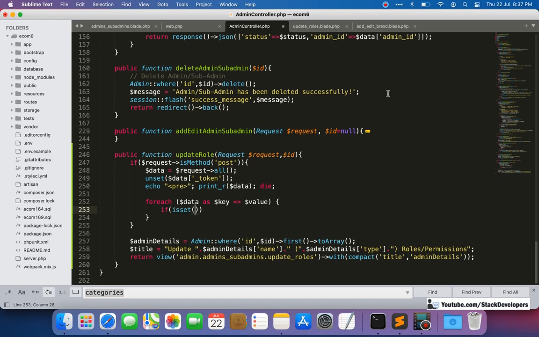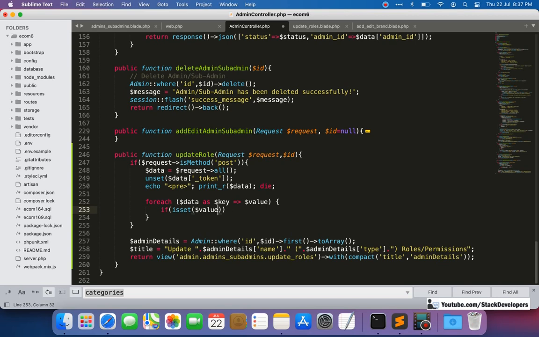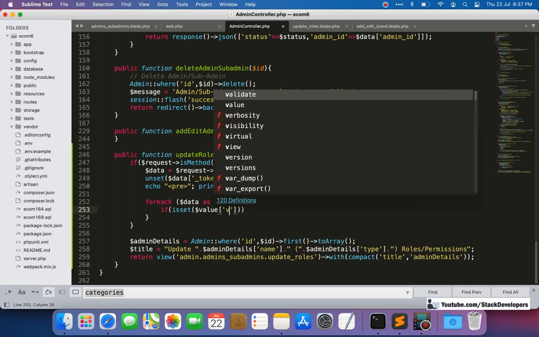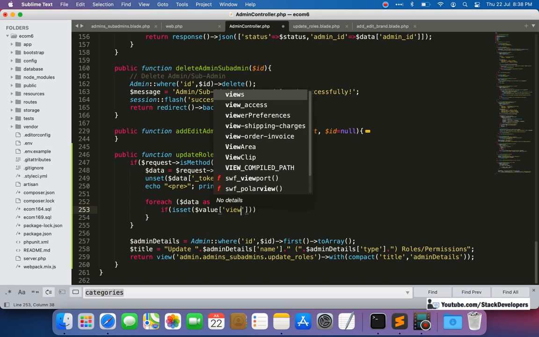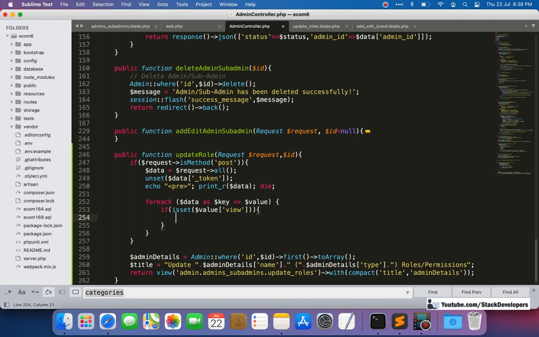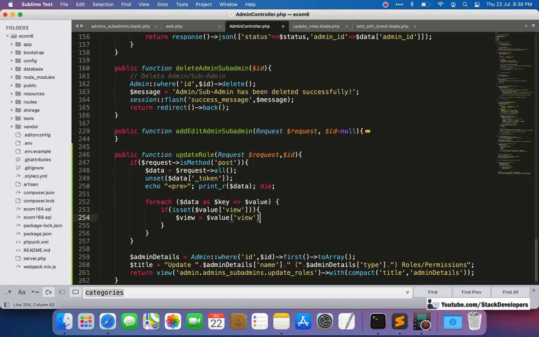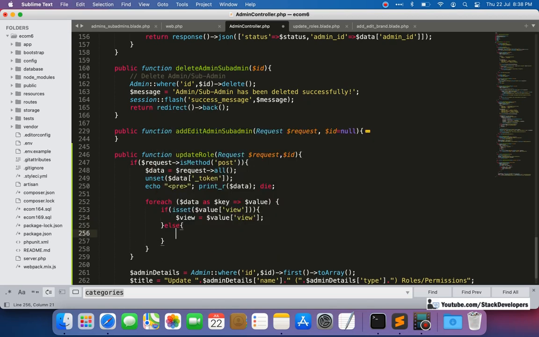So here I'm going to pick up $value, and in value we are going to pick up view. If view comes, then we are going to pick the value of view, like $view equal to $value of view, like this, else we are going to set the $view as 0.